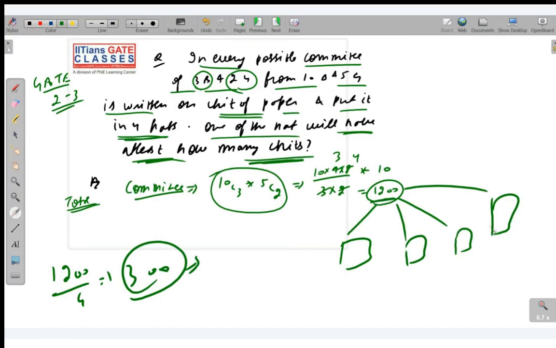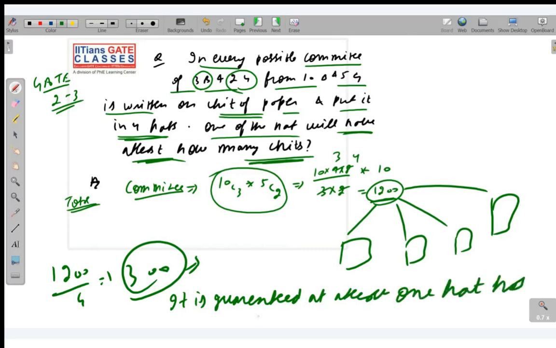So some of the heads may have more than 300 also, but it is guaranteed that at least one of the heads will have 300 chits. So please try to focus here. It is guaranteed that at least one head has 300 chits. This is guaranteed. Okay, so for example, if I take this scenario also, 1200 are given to 1 and rest